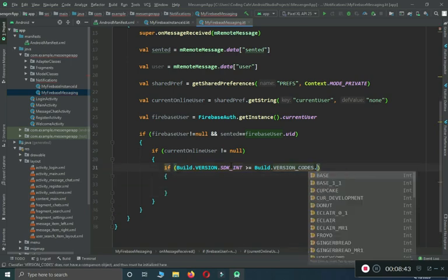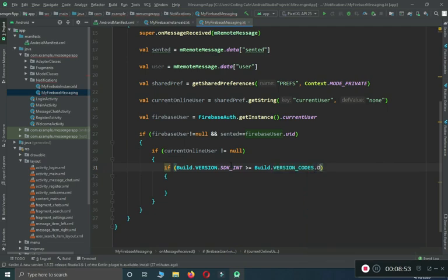Sorry, it is not 0, it is O. If you just write dot, you will see this, which is Oreo. O stands for Oreo. So if the build version SDK is greater than or equal to the version code for the Oreo, then we will send the Oreo notification. Otherwise we will just send, oh sorry, we have already added this. Otherwise we will send the